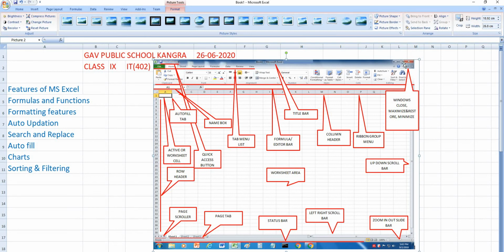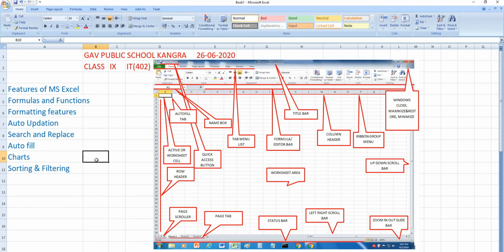On the right side of this title bar, there are window buttons: minimize, maximize, and close. And here is the name box, which shows us the name of the current cell. See, I clicked in it. So what is in the name box? B10. It is the name of the current cell.